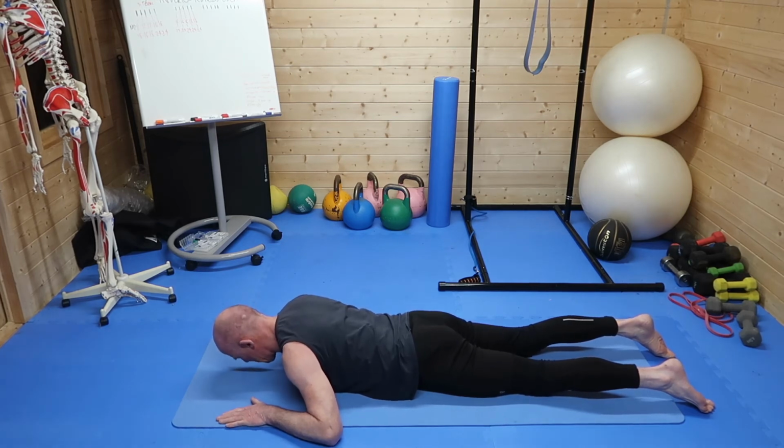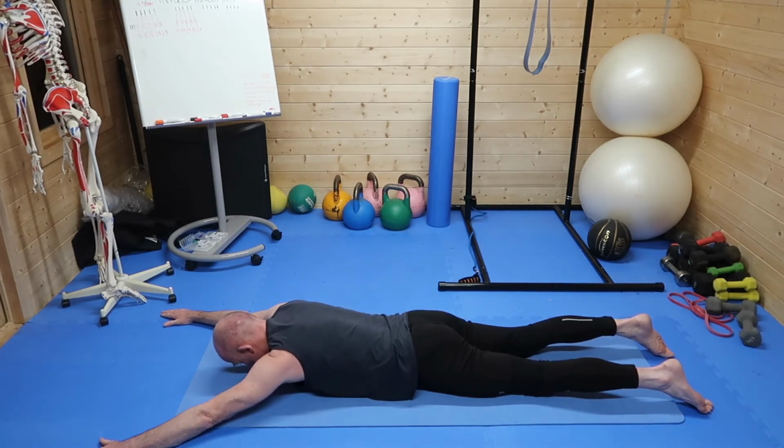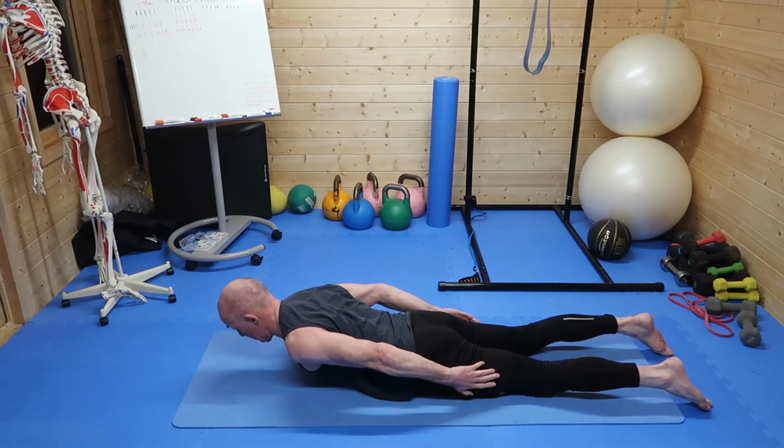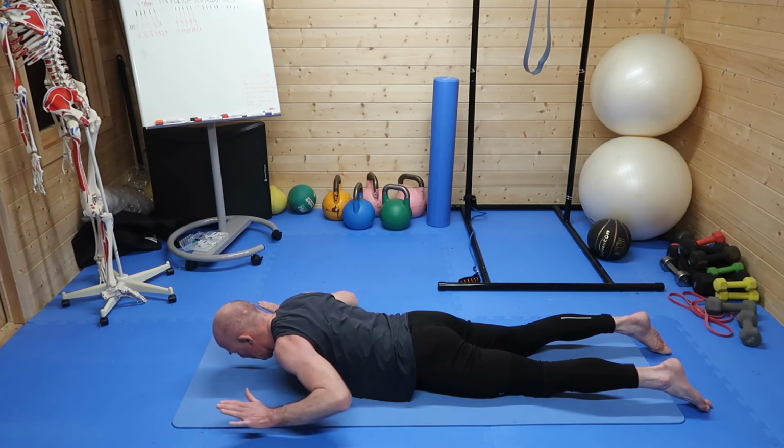So we take an inhale, exhale, go out, look down, and then just rest your arms. Have a little bit of a breather. But then, once you're fairly comfortable in the position, and you know what you're going to do next, you then take an inhale, come up off the bottom rib, hold that for just a second and notice how straight the arms are, notice the alignment of the head. Then exhale, bend at the elbows,